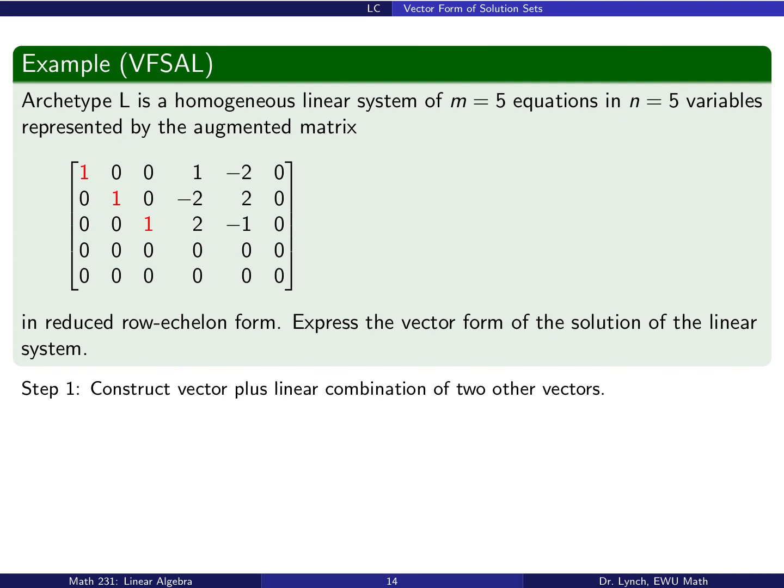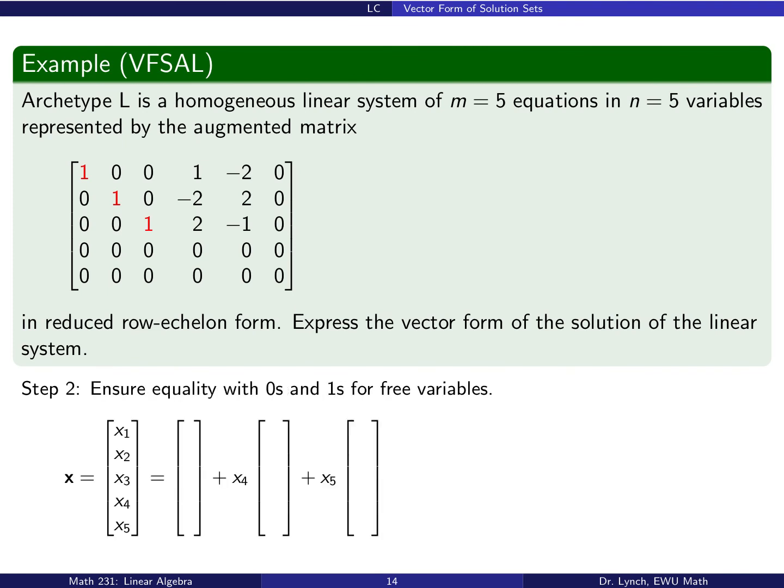We expect to be able to write the solution as a linear combination of n minus r equals 2 vectors plus one more. Okay, so here are those 2 vectors, right? We see that the free variables are x4 and x5, so we'll fill in ones and zeros to ensure equality for those free variables. Okay, here's equality for those free variables. Then we can go ahead and fill in the dependent variables. Again,